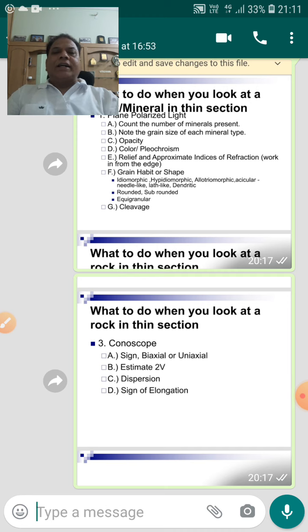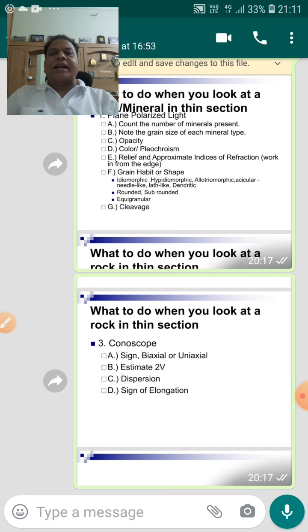Naturally, I will tell you that identification of rock is something separate. Right now we are concentrating on the optical properties. Once we say optical properties, the rock forming minerals are categorized in two categories, that is your felsic and the mafic.